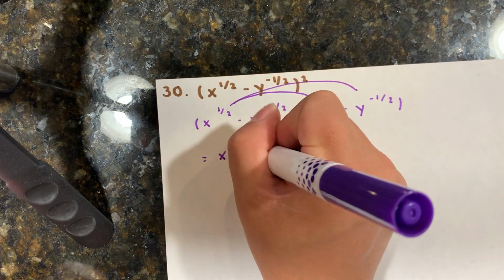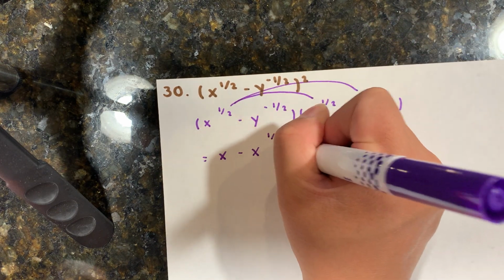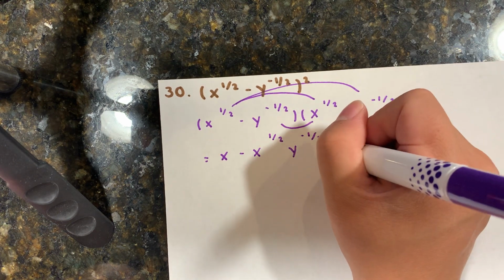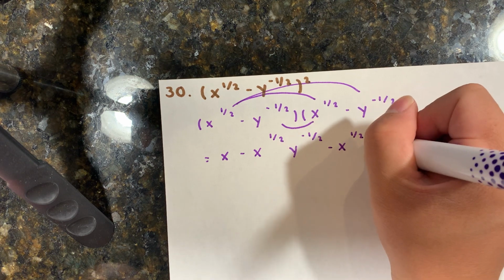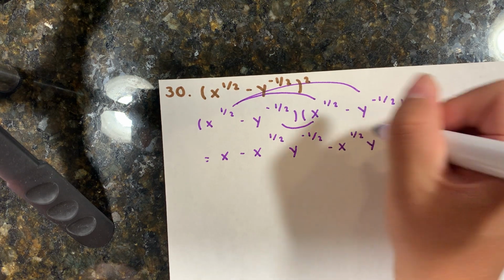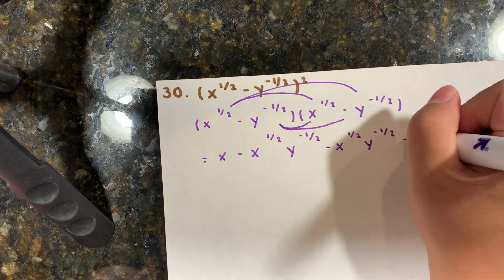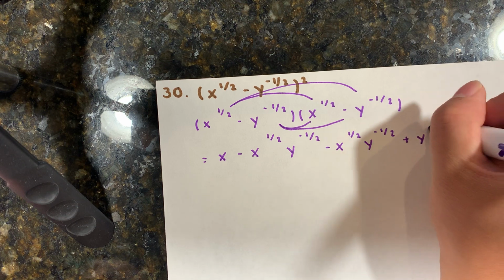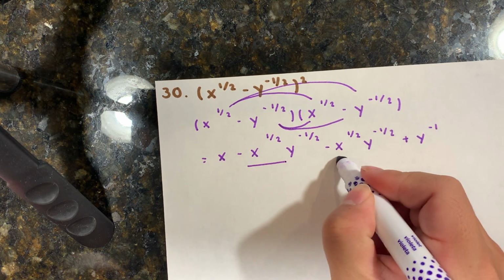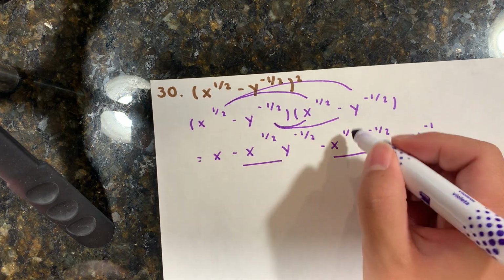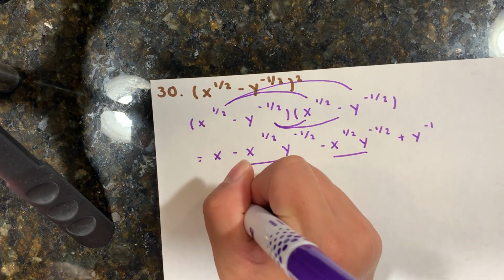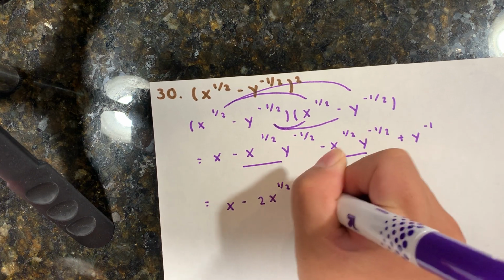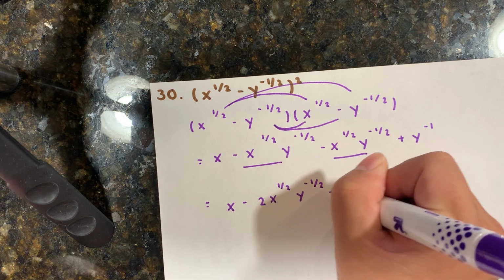Then it would be negative x to the 1/2 y to the negative 1/2. Middle terms would be x to the 1/2 y to the negative 1/2. 2 negatives make a positive, and negative 1/2 minus 1/2 would be negative 1. The last thing I can do is combine these two middle terms because they have the exact same exponent, giving me an answer of x minus 2 x to the 1/2 y to the negative 1/2 plus y to the